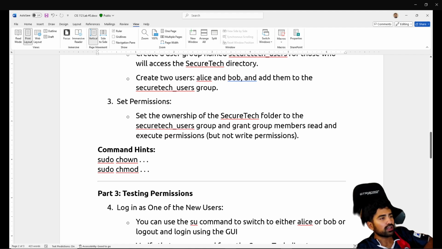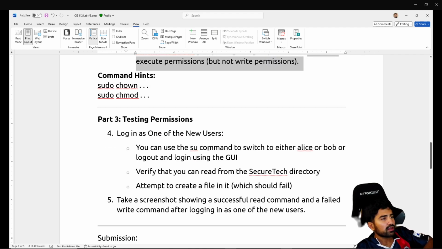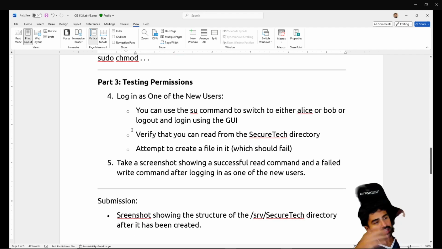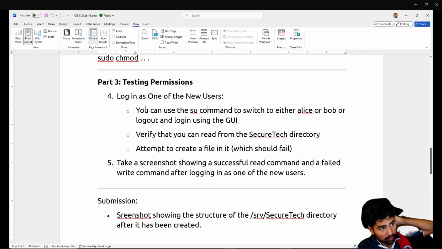Remember, it's going to be read and execute, but not write for the Secure Tech users group. So for that second number, which one gives read and execute, but not write? Alright, so last thing is we're going to test those permissions so you can log in as one of the